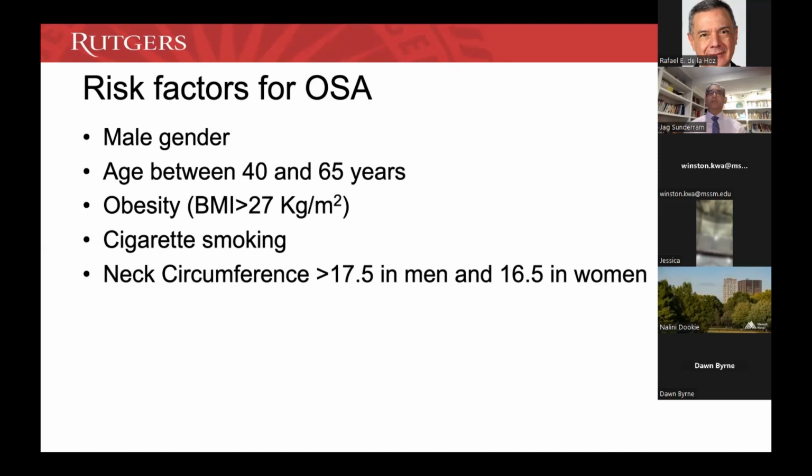persons between the age of 40 and 65, and obesity being a major risk factor because there are anatomical predispositions to this obstruction happening. Cigarette smoking increases the edema of the upper airway and therefore increases the likelihood of airway obstruction. And similarly, the size of the neck matters, whether in male or female, again limiting the anatomical pathways for airway